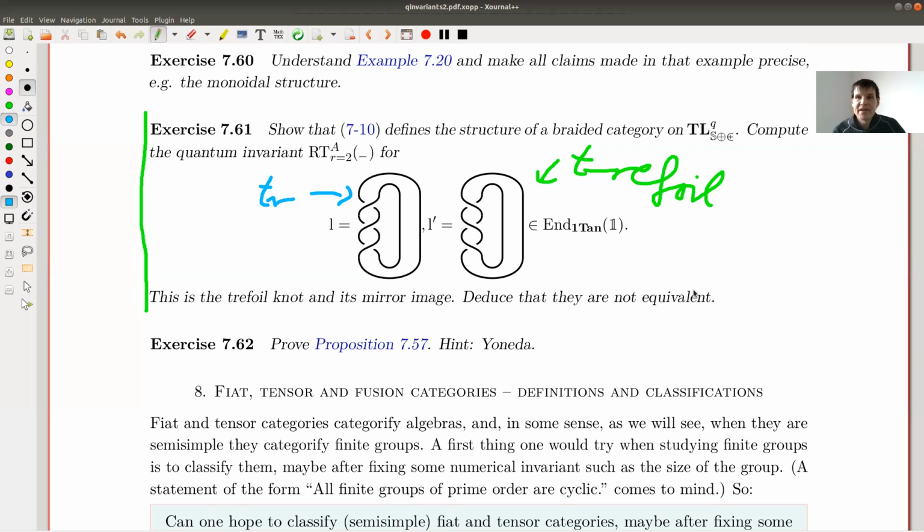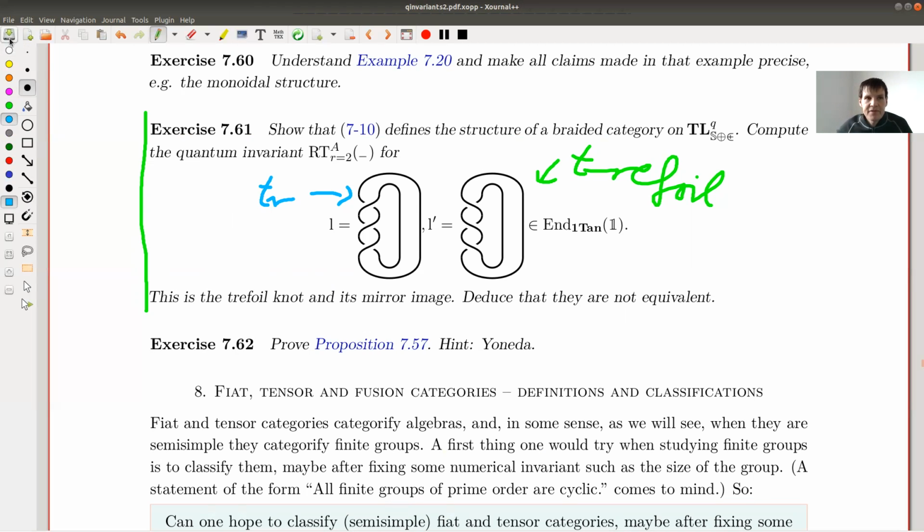And all I explained today is basically how that works and how you want to be careful with distinguishing simple objects and indecomposable objects. So we have this notion of Fiat versus tensor. But the main takeaway message is that we now have a machinery to construct quantum invariants. Just make everything linear, make everything additive, make everything idempotent complete. Hope that you have a braiding and you just feed it into a machine and you get a quantum invariant. And you can calculate polynomials. You can calculate everything explicitly because you're doing linear algebra.